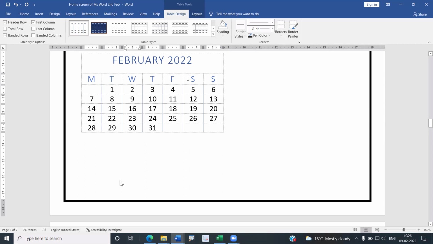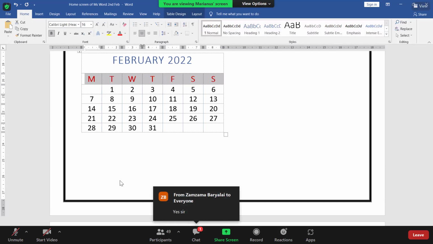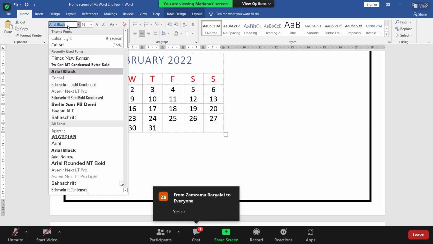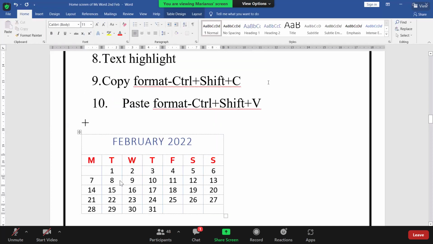If you want to change that, if you want to change this, you can change. It's your choice, right? You can change the color. You can make it bold. Whatever you want to apply, you can make. If you want to change the font, you can click here and you can check the font from here, right? You can change the font, okay? Like this. If you want to make it a bold, press enter like this. So it's your choice. So this is called quick tables.